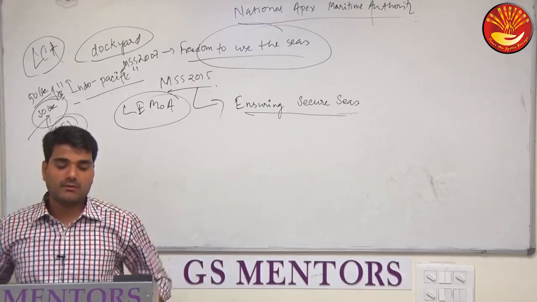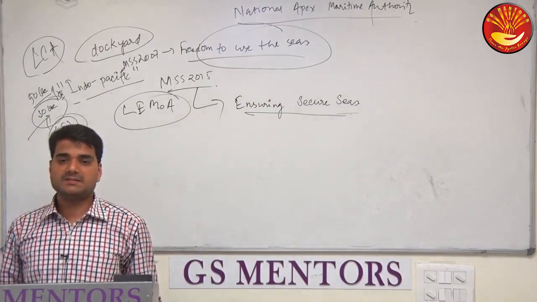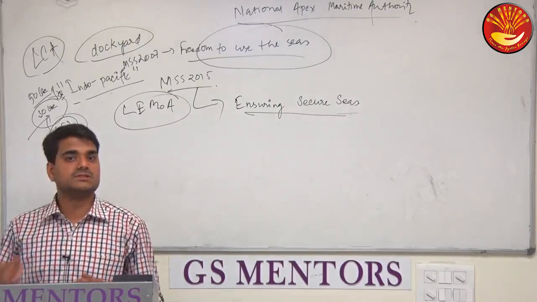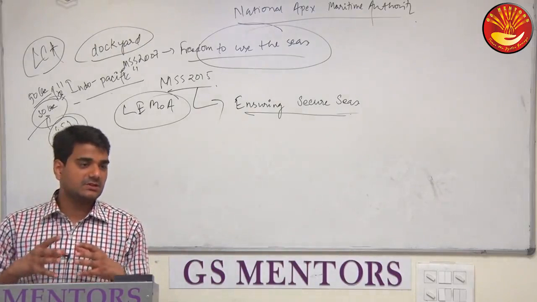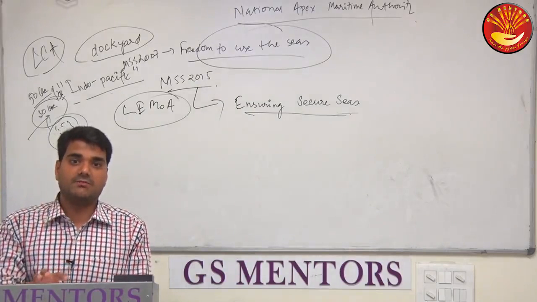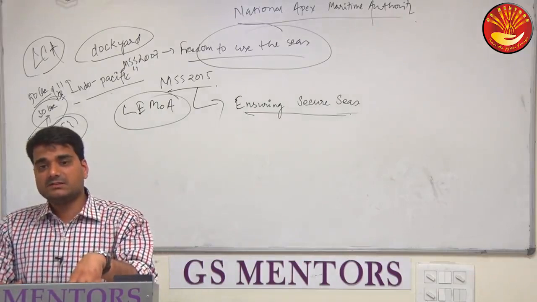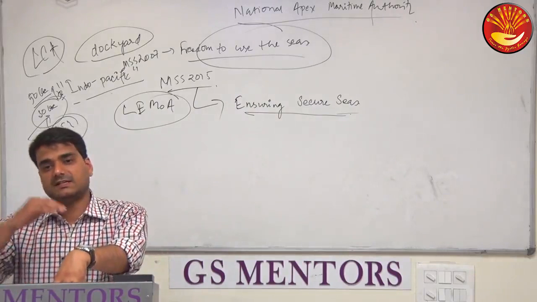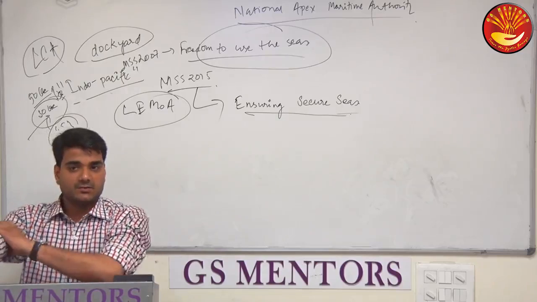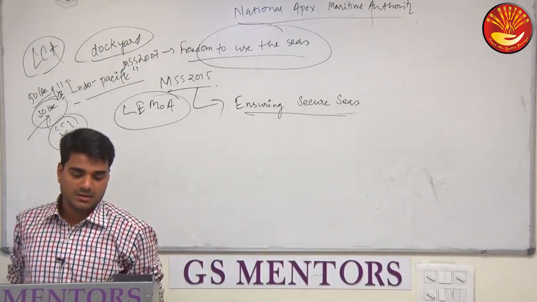Now let's talk about how we are tackling this menace of black money. We will see it in two steps. The first is the steps or the strategies through which we are controlling the generation of black money. The major focus should be that the black money is not generated itself. Now the second step or the second phase would be, if some black money is generated, how to control that black money. So write down,